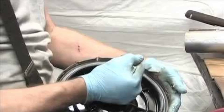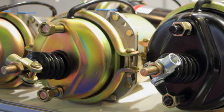Today, we're going to be tackling a project that can be a bit intimidating for some: how to repair a brake booster. Now, before we get started, I want to emphasize that if you're not comfortable working on your car's braking system, it's always best to leave it to a professional. But if you're feeling adventurous and have some mechanical experience, then follow along as I guide you through the process